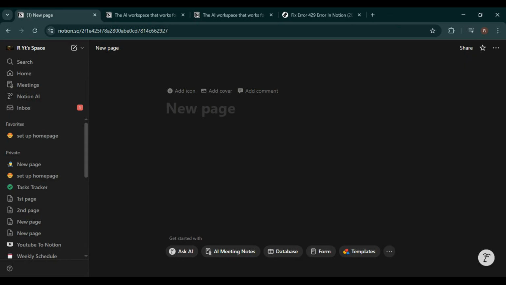Alright, let's jump straight in. The first thing you want to do is close all extra Notion tabs that you currently have open. If you're like most users, you probably have multiple Notion pages open across different browser tabs or even different windows. Having too many tabs open can trigger the 429 error because Notion limits how many requests your browser can make at once. Go ahead and close every Notion tab except one, and make sure you're only keeping the page you